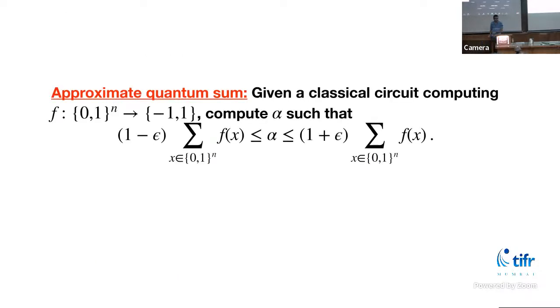Okay, then let's see a second problem, approximate quantum sum. Same problem, but the specification now is that the function maps to -1 and 1. What's the complexity of this quantum sum problem when we have multiplicative precision? This still remains sharply hard. Intuitively, why? At a very crude, high level, the reason this is happening, in my mind at least, is because of those negative numbers, because of these cancellations.